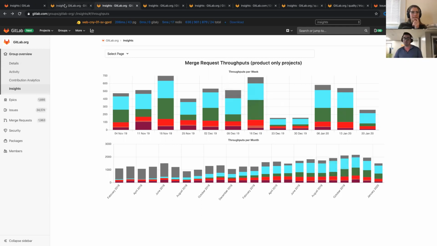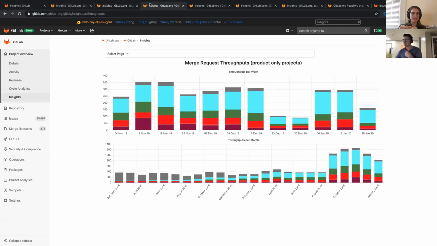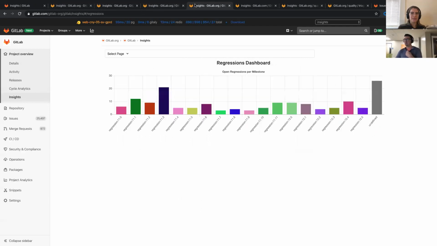Okay, another great chart. Oh, go ahead, Sarah. Sorry, I was going to say, do you want to show us an example at the project level as well? How we would use Insights? Yeah. So at the project level,